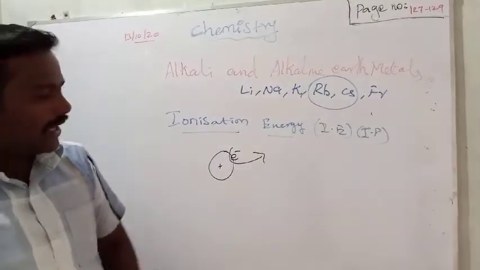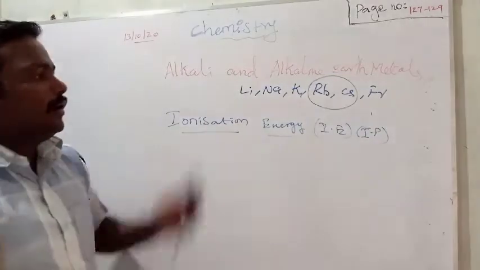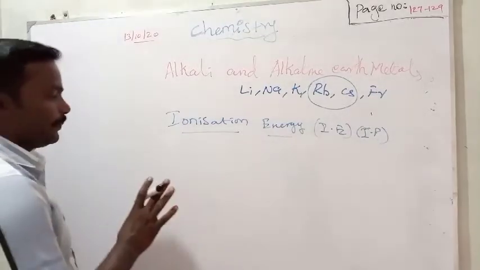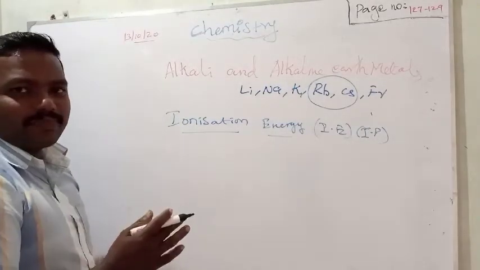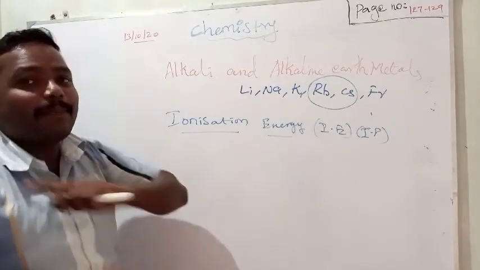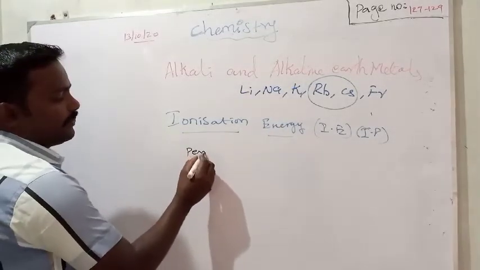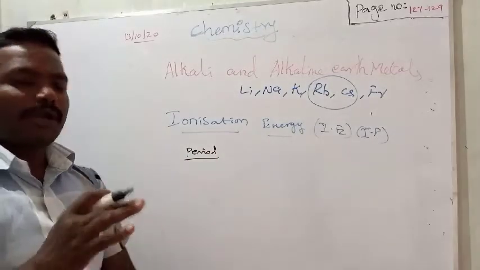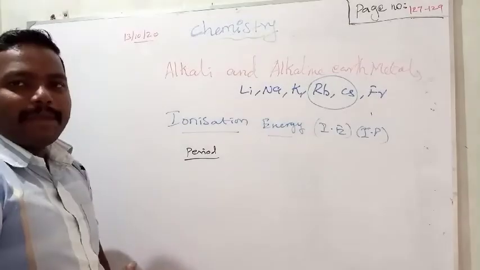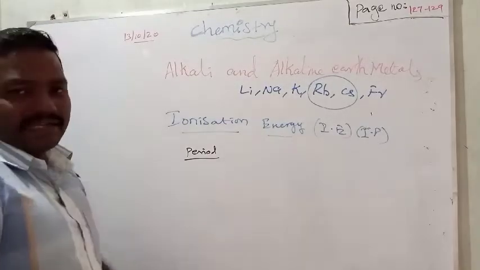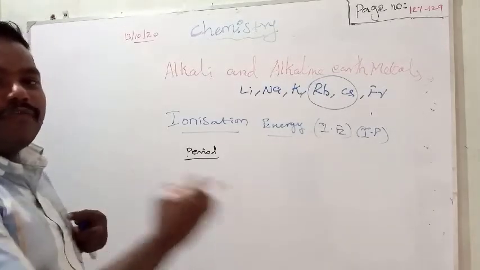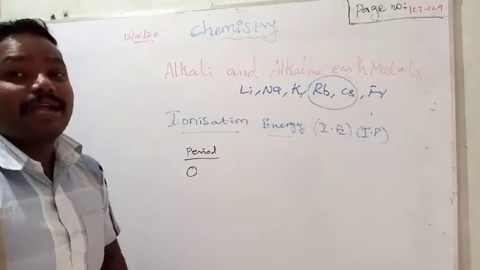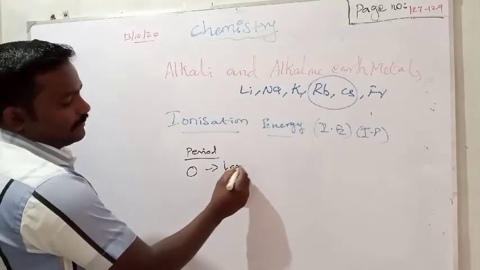So what about the ionization energy in the 1s group element, alkali metals? Listen, if you compare the size, they are the first element in the period. First we will compare period wise. Horizontal rows are called periods. So in the period, what will happen? Size will decrease, left to right in the periodic table. So the first element in the period will always have a large size.